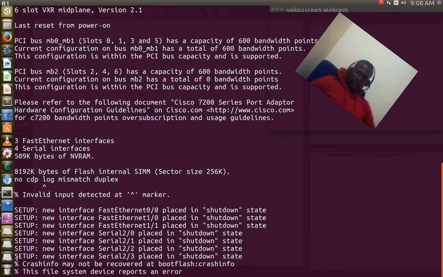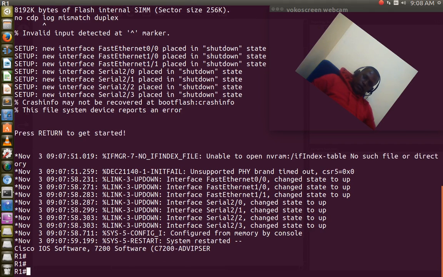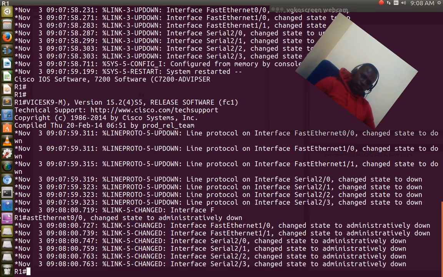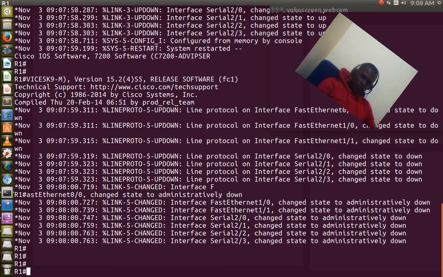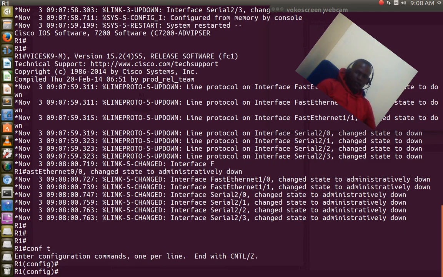As you can see, booting. There it is. We're in now. It's coming up. Okay, and I'll only have to configure SSH on this one, and I'll go into configuration mode by saying conf t. There we are. And first of all, if you need to configure SSH, what you need to do is to